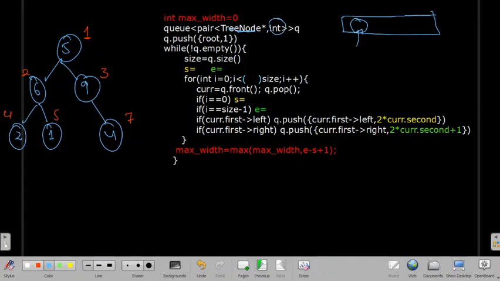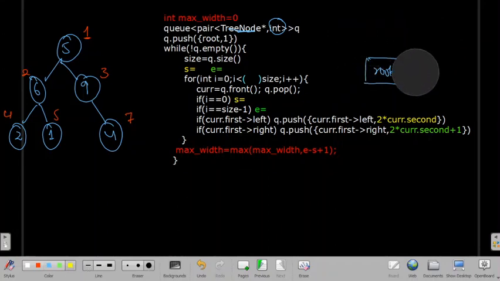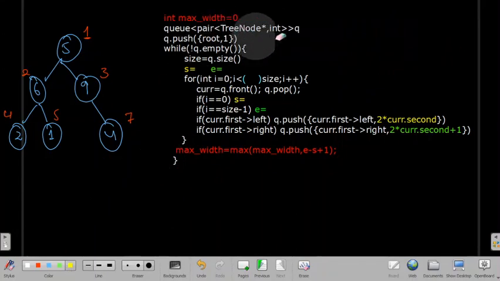So if I see my queue, in my queue I will have two things: one is the node, and also I have the index. So I am storing pair values in my queue, that is tree node and index. I hope you got this point.